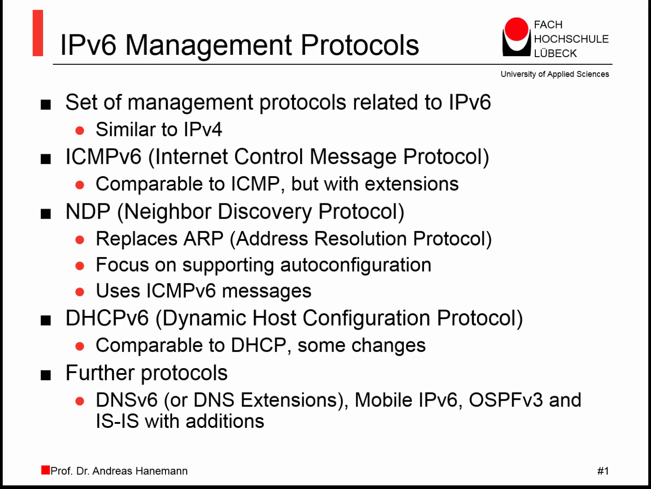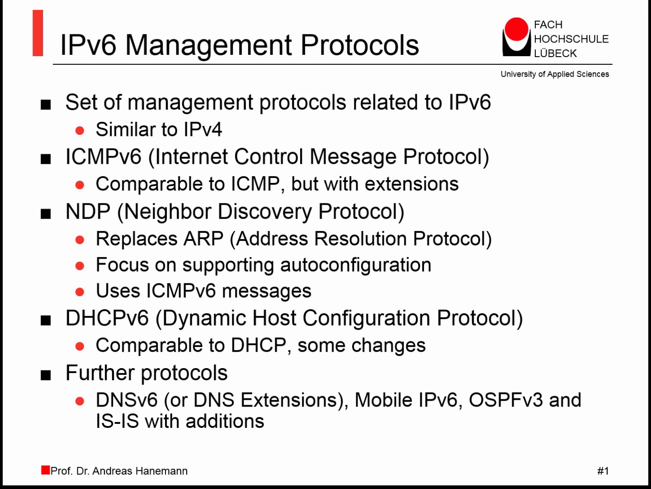NDP replaces the Address Resolution Protocol. One important aspect of the NDP specification has been the auto-configuration, so that some way of configuration is already possible without DHCP. Nevertheless, there is also DHCP version 6, which is comparable to DHCP, but there are some differences in the details. Additional modifications are necessary in the DNS to support mobile users and in the routing protocols OSPF